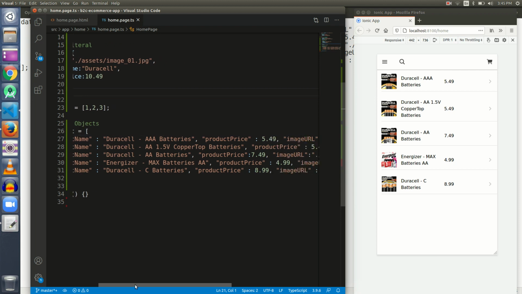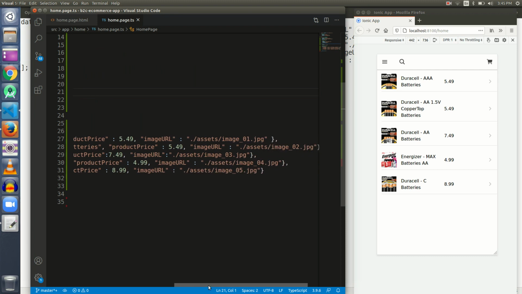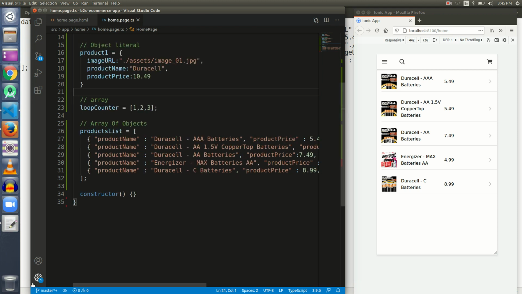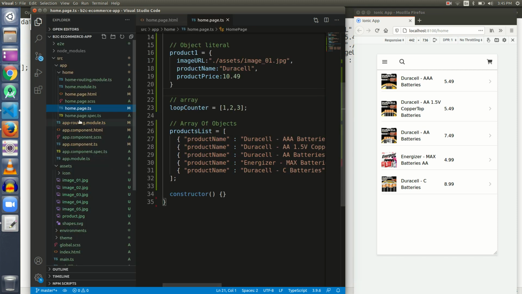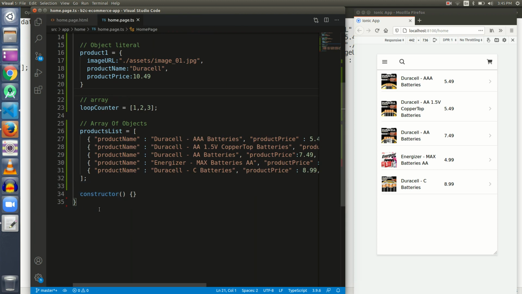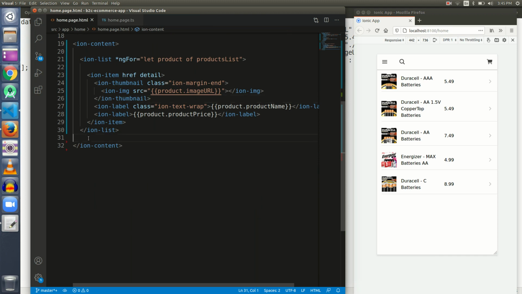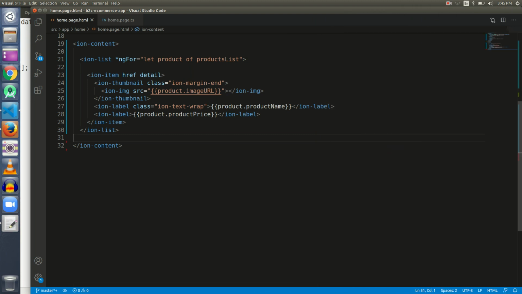You can also see that I have put in different image URLs. All are pointing to different images. The first one is pointing to image 01, the second one to image 02, 03, 04, and 05, and I have brought in 5 different images inside my assets folder, as you can see here. So I hope you got my point and you got the explanation. This is the simplest way where I can explain you this. You need more practice. You have got the data. I can show you once more here.